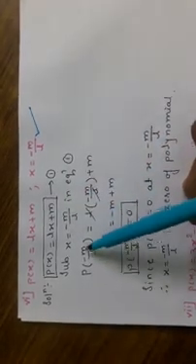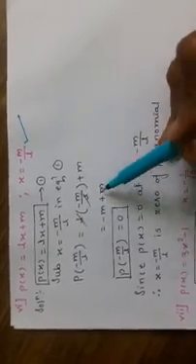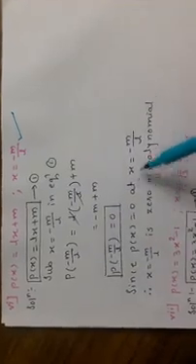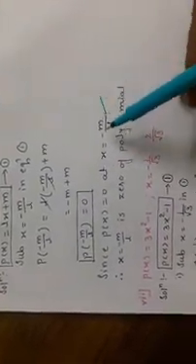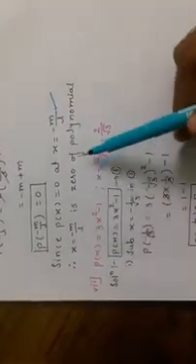So P of minus m by L is equal to L into minus m by L plus m. The L's cancel. Minus m plus m is 0. Since P of x is equal to 0 at x equal to minus m by L, therefore x equal to minus m upon L is a 0 of the polynomial.